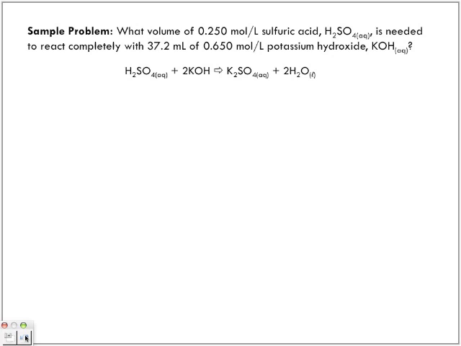Looking at our question, we're trying to find the volume of the sulfuric acid. But of the information that we're given, we're given the volume and the concentration of the potassium hydroxide. Using that, what can we find? The number of moles. So first we want to convert the milliliters here to liters, so 0.0372 liters. So the number of moles of potassium hydroxide is equal to the concentration,